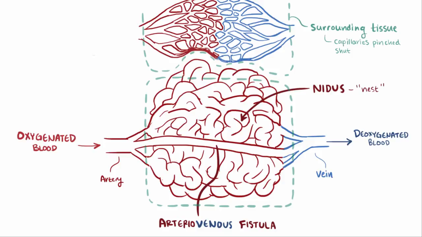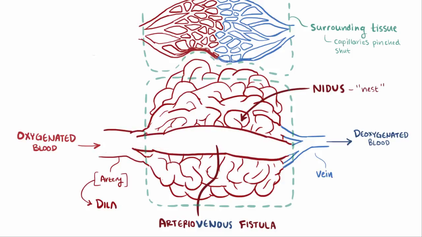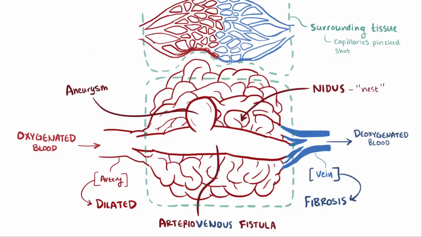Also, the high pressure causes the arteries supplying blood to dilate, while the veins thicken and undergo fibrosis. Vessel walls are also prone to forming aneurysms, which are these balloon-like protrusions. And because the vessel walls are weakened and stretched out, they're also at risk of ripping and tearing,